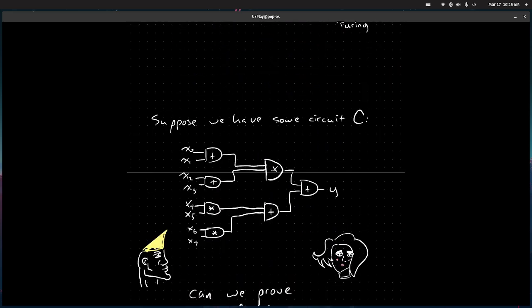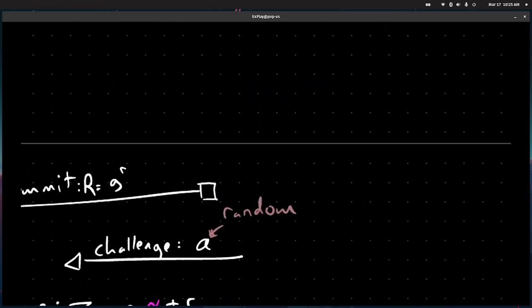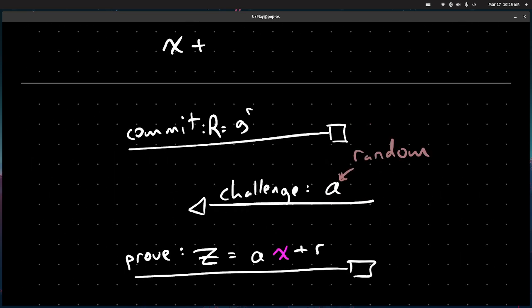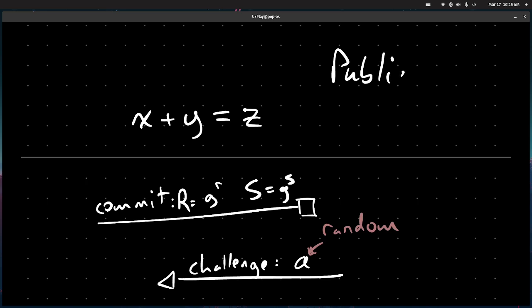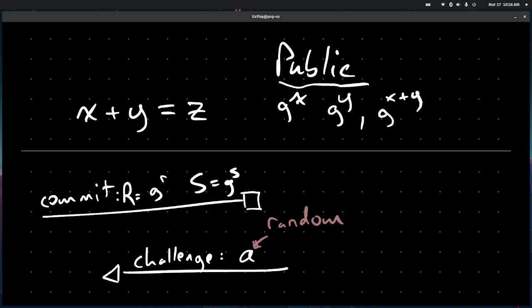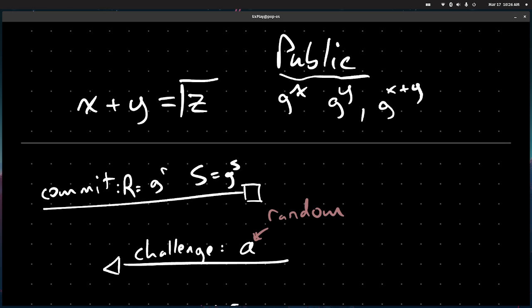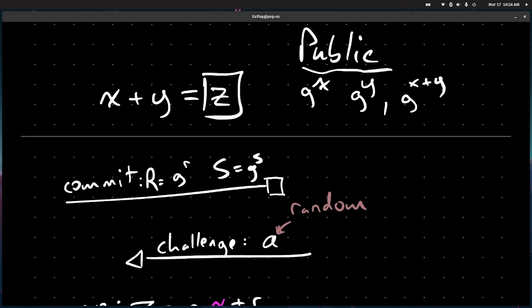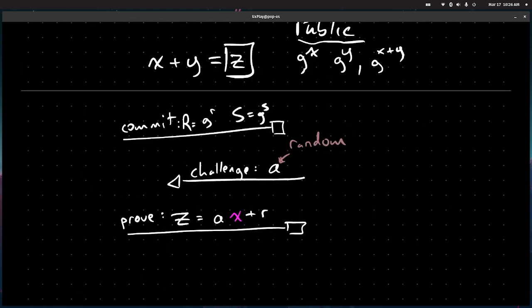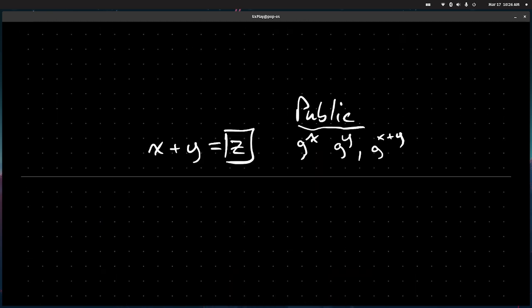We're going to take that again, and instead of committing, we want to prove x plus y equals z. We're going to say let r equal that and let s equal g to the s, where public is going to be g to the x and g to the y, and g to the x plus y. So those are all going to be known, and the prover is going to claim that z is the addition. And we can do this relatively trivially. We can just say, well, if these values are public, these are secure under discrete log. So I can actually just amend this; we don't need the whole protocol here. I think that we actually use the protocol a bit for the multiplication protocol. Moving past that, we can just have the prover publish z,